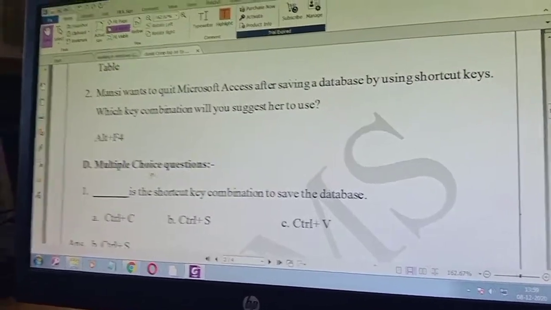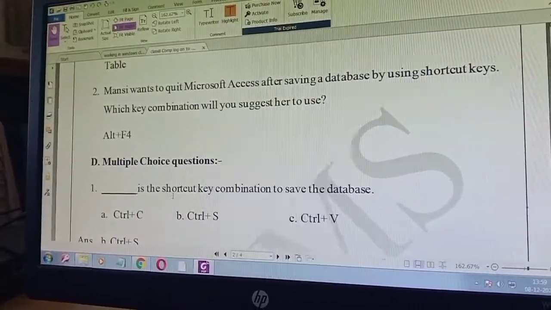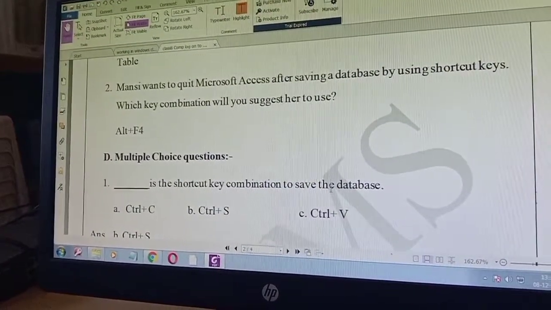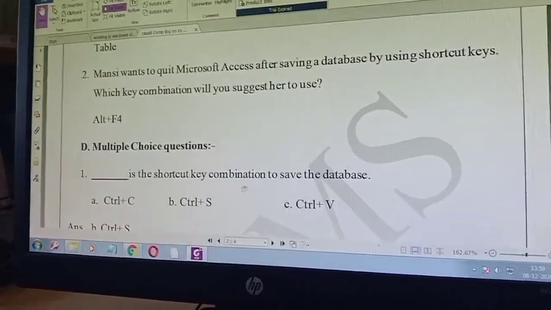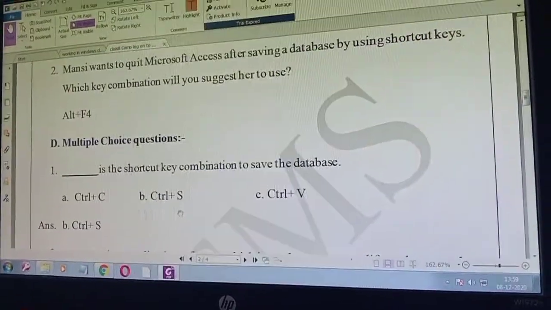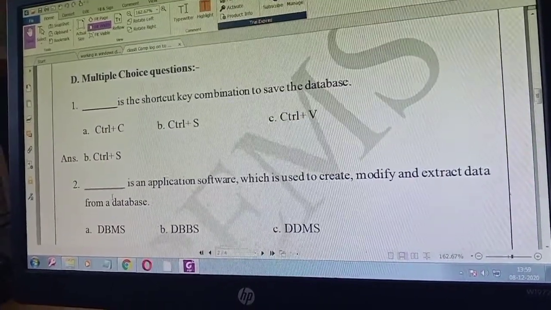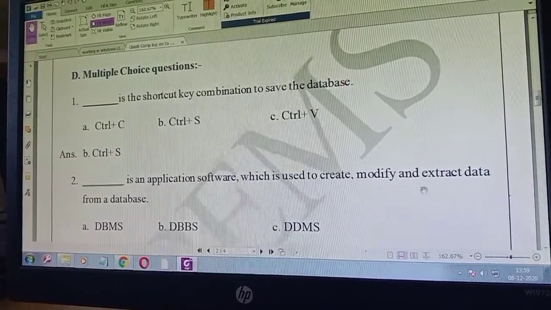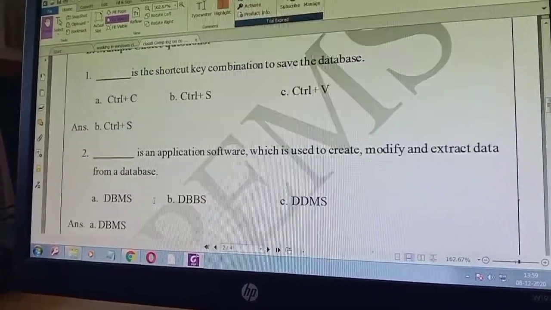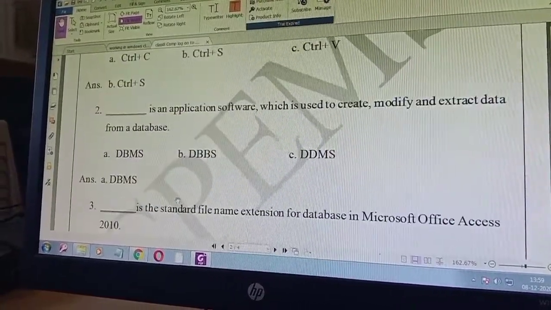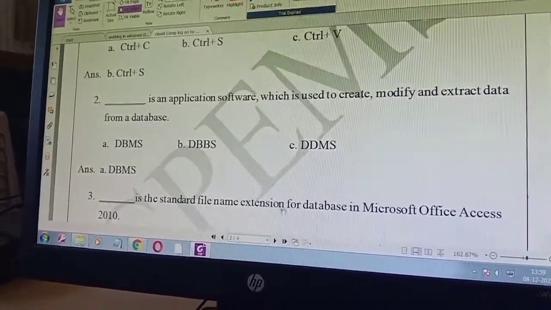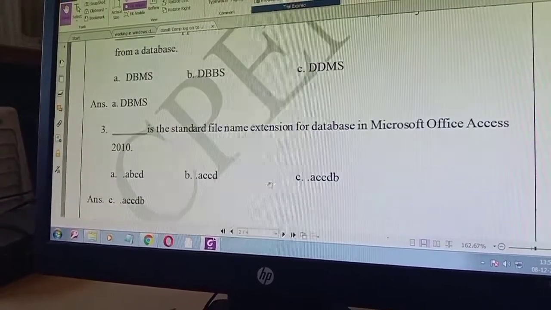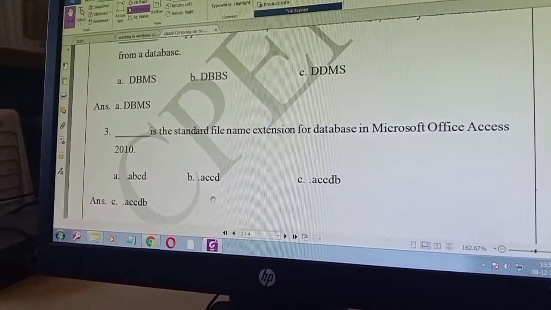Moving to multiple choice questions. Control plus S is the shortcut key combination to save the database, and not only for the database, you can use it in any application software. DBMS is an application software which is used to create, modify and extract data from a database. .accdb is the standard file name extension for a database in Microsoft Office Access 2010, and it stands for Access Database.